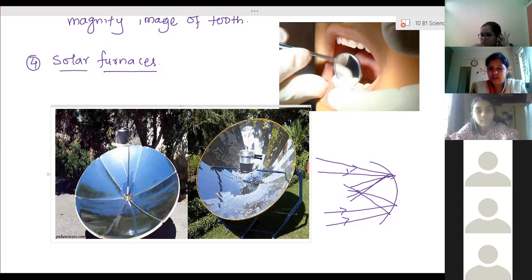Here we can see water is also kept. Water containers can be kept here. That water container gets heated up, the water gets heated up and is converted into steam, and that steam is used for different purposes. Mostly in solar furnaces, they try to heat water and convert it into steam energy. The heat present in that steam is used for performing different activities. With that, electricity can be generated, and food can be cooked. The steam is heat energy.